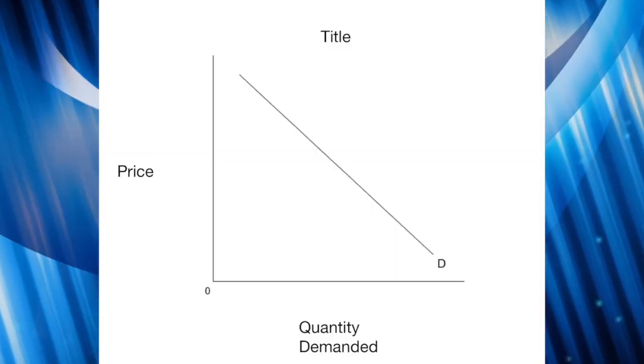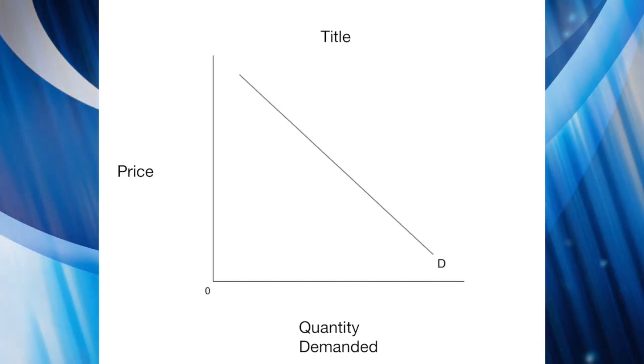So even if they drop the price of a Big Gulp from $1.29 down to 25 cents, the demand for me for that Big Gulp is only going to go so much. I'm not going to say, wow, Big Gulps are on sale, I'm going to buy 10 of them today. That just isn't going to happen. So the law of diminishing marginal utility basically means when I add one more thing, that usefulness is not going to be as high. And when I add another thing, again, that usefulness is not going to be as high.